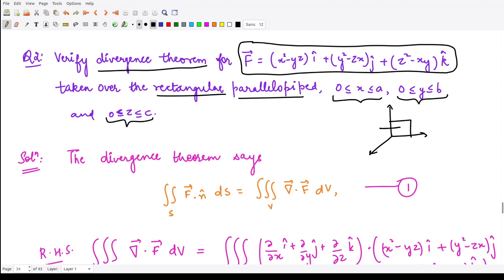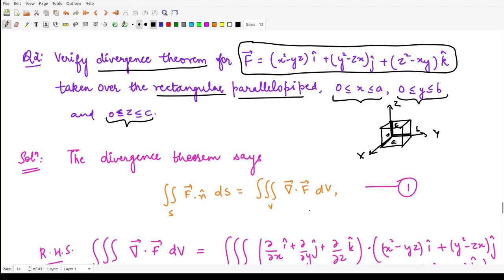So it would be something like this, having, if this is my x-axis, this is y-axis, this is z-axis. So this distance is b, this distance is a, and this distance is c, right, and this point is 0. So according to that we have this region. So here we will apply the Gauss divergence theorem, which says that the double integral of vector f dot n cap vector ds is equal to the volume integral of del dot f vector, right?